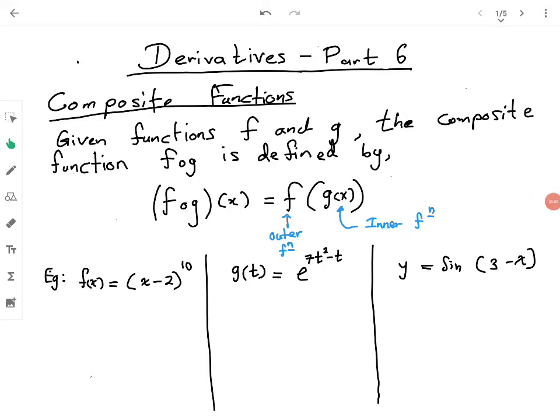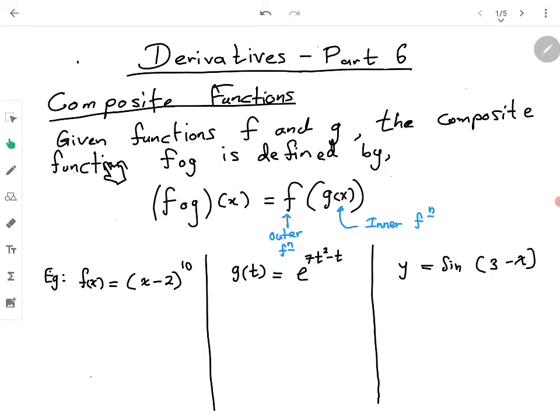Okay, in today's lesson, we are going to learn about the chain rule. So, the chain rule is used to differentiate composite functions. So, the first thing we are going to learn about is the composite functions. So, a composite function